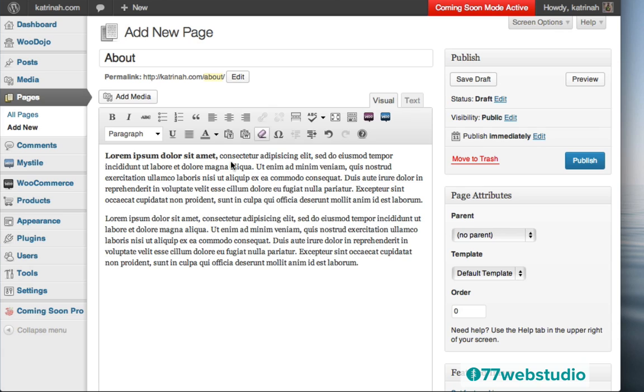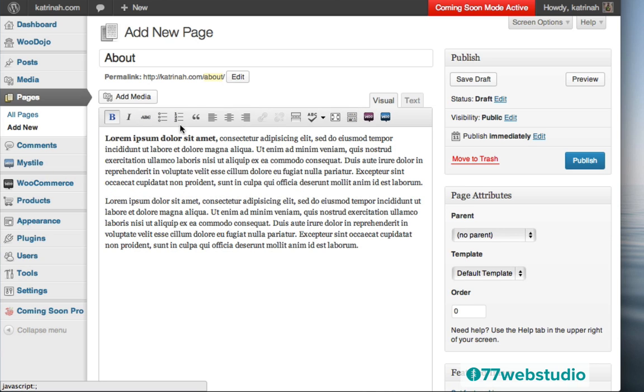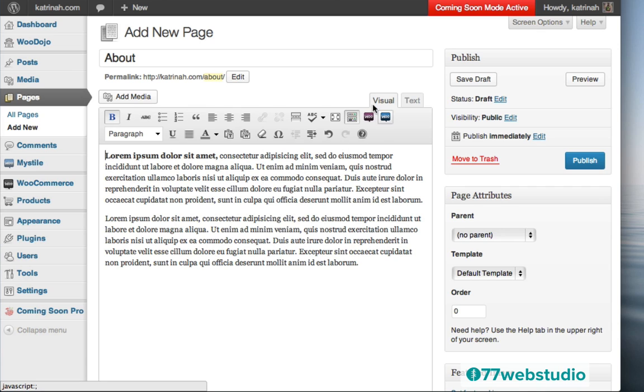The good news with WordPress is that you don't need to know any code. You can simply use these icons to format the text in the box. Also note that you don't have to memorize these buttons either. If you simply hover on top of them, you'll get a yellow tooltip that will tell you exactly what each of these icons do. The other thing to note is if you're only seeing one row of icons, then you need to click this button here, and that will open up what is referred to as the kitchen sink. When I hover over this, it says show or hide kitchen sink, and I just click on it on and off, and you can see the row appears and disappears.